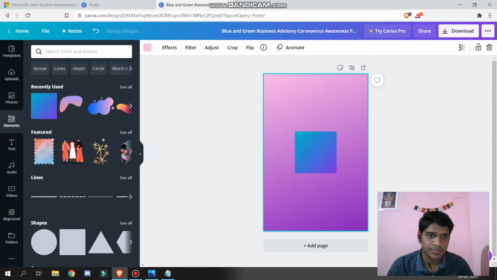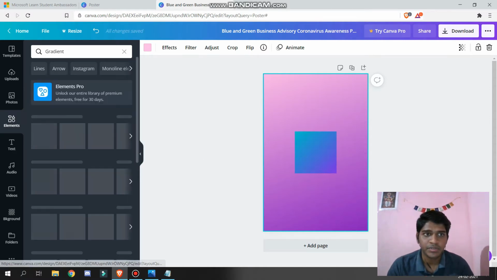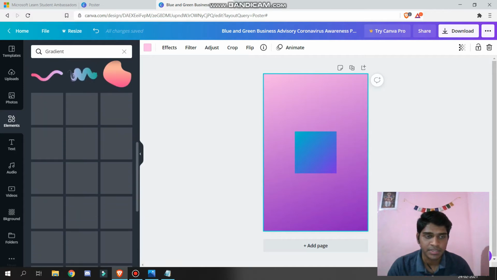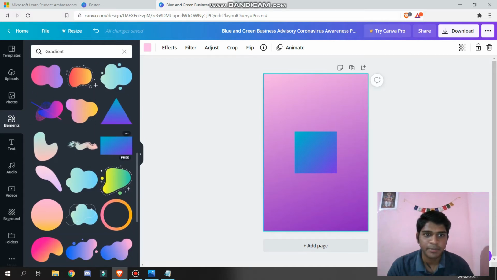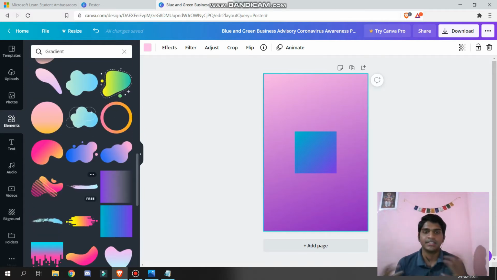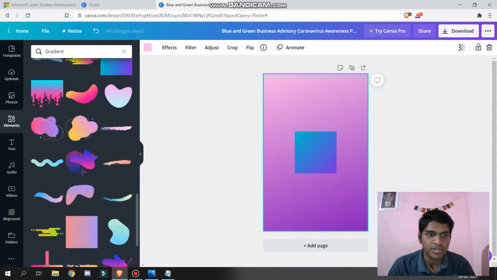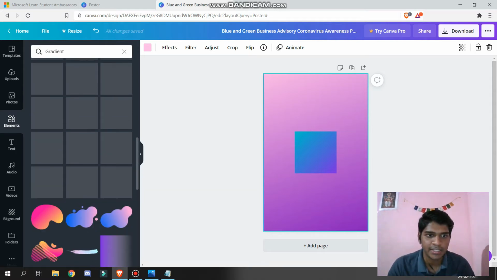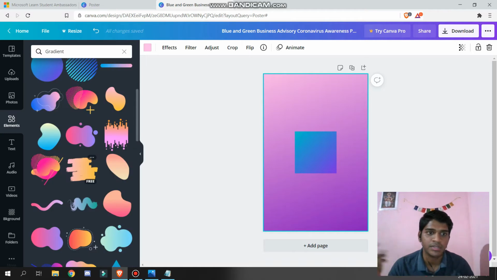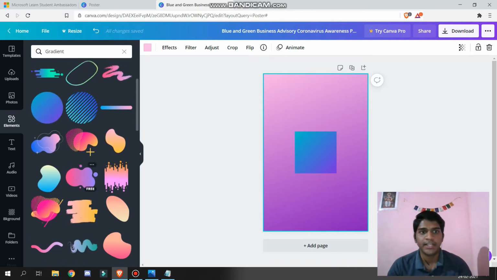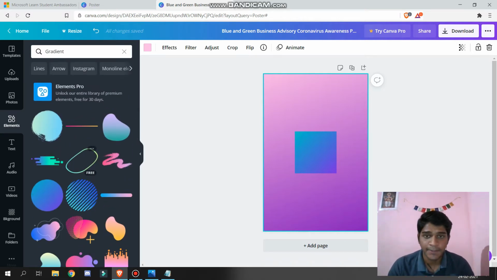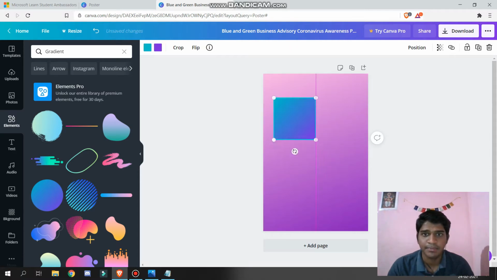And there are a lot, but I'm not sure whether we have those options in a free account or not. So this is one of the elements. Coming to the elements, you can just simply search for gradient and you can get a lot of options. I prefer a gradient background because it gives your design a kind of variety. There are a lot, but you need to check that the element is free, otherwise you will get a watermark on the element while downloading the design. So this is free, so I will just make this the background.